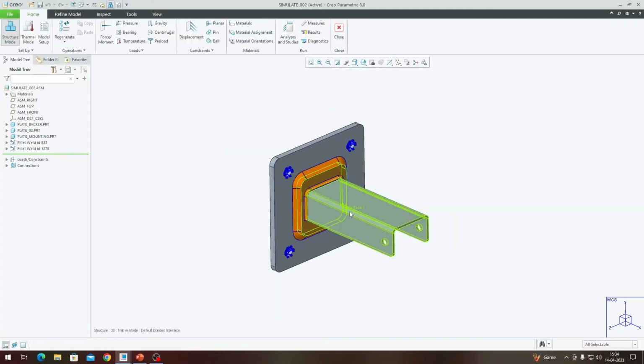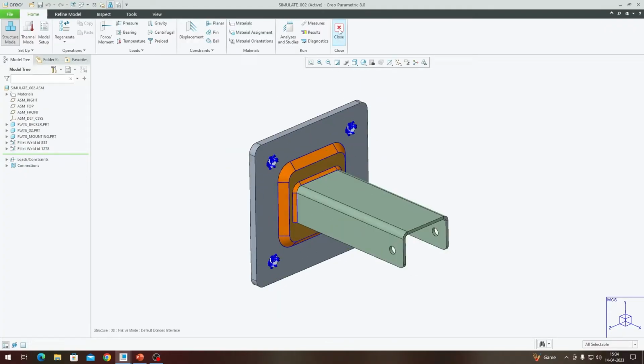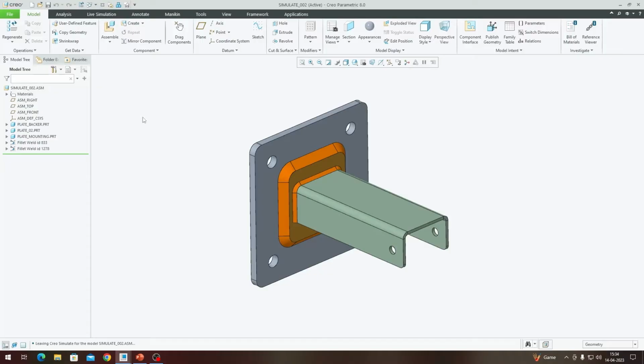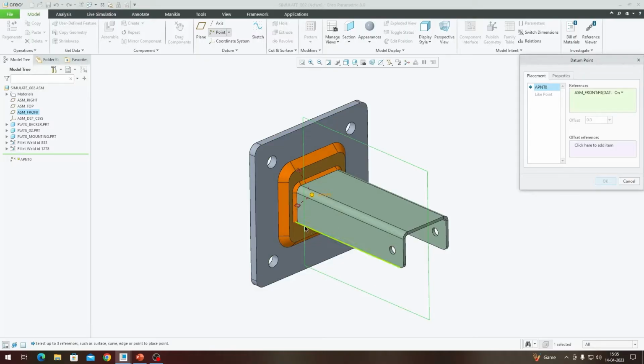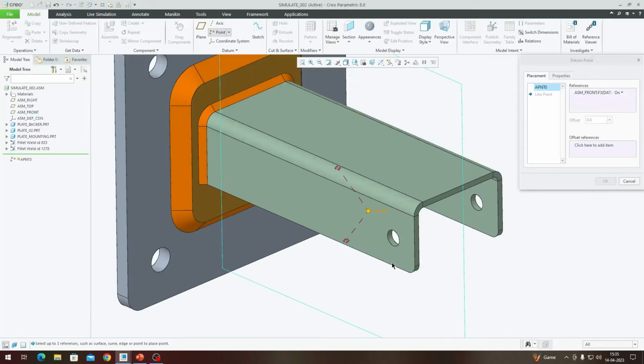To do that, I'm exiting out of Creo Simulate. I am picking a point that would represent the center of gravity of my mass. So for simplicity, I'm going to prefer this front plane here and create a point. So I get this point option here. I choose my dragger and I choose my reference. So my reference is going to